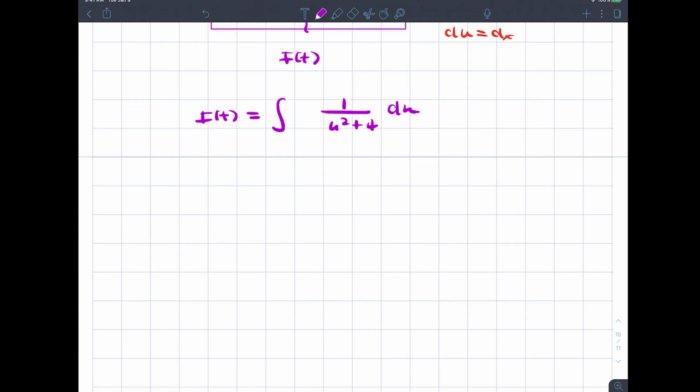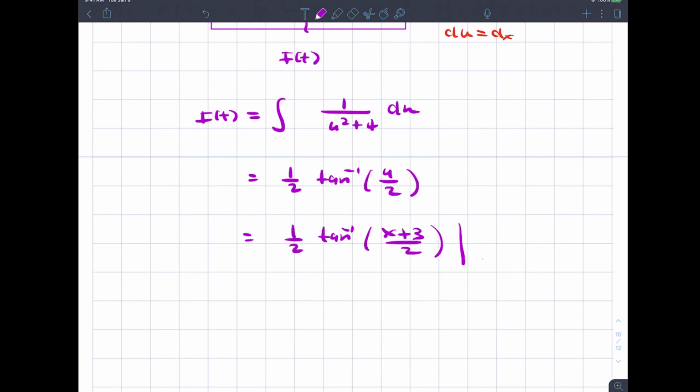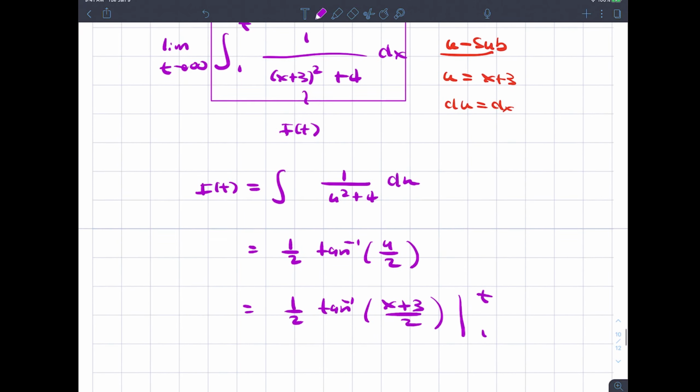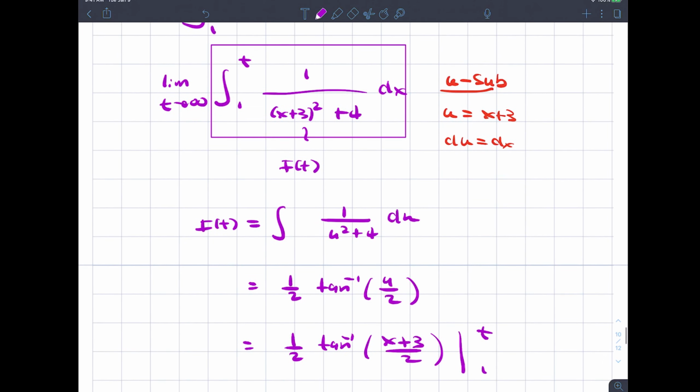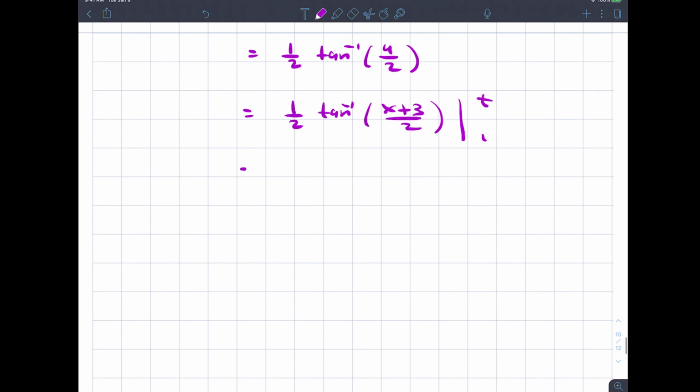If you guys remember, this is going to be 1/2 inverse tangent u over 2, which is 1/2 inverse tangent x plus 3 over 2. Now you can put the limits. Is that right? Yeah, x plus 3 is u. So we get 1/2